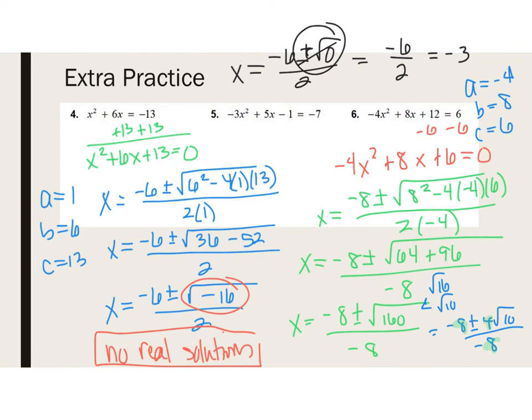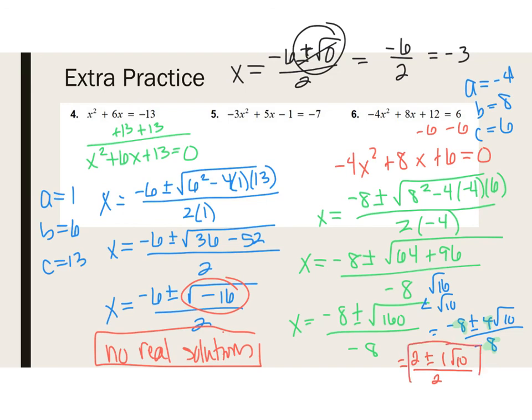Right, if I divide by negative 4, you're going to get 2 plus or minus. So the 4 would actually become a negative 1, but you can leave it as a positive 1 because your plus or minus takes into consideration that negative. Square root of 10 over 2. Now that is your exact answer